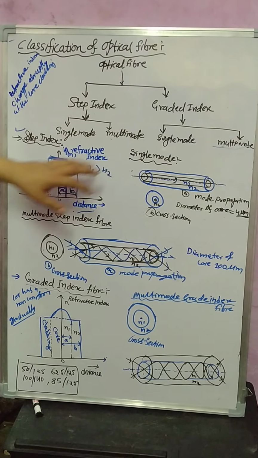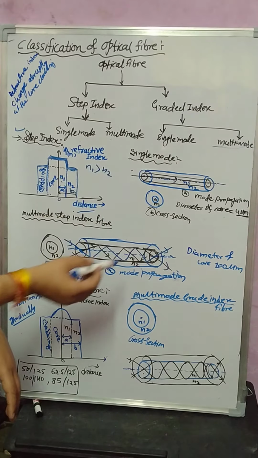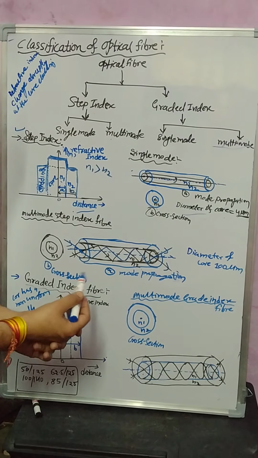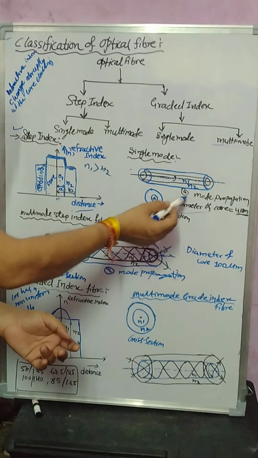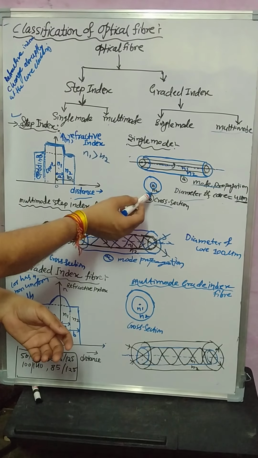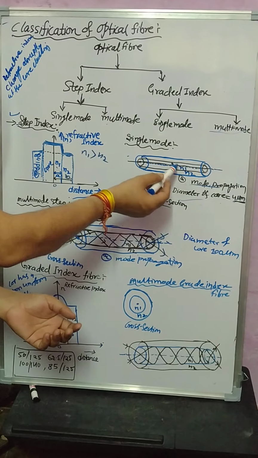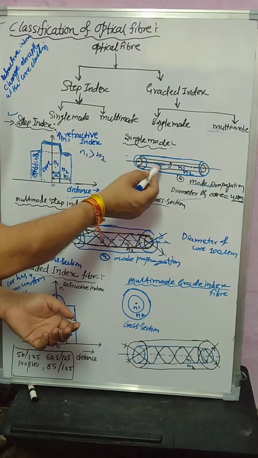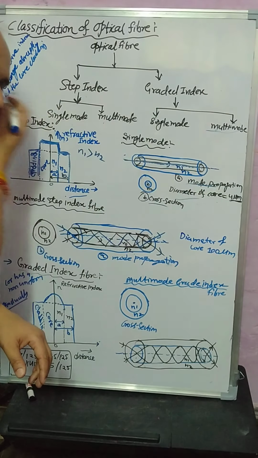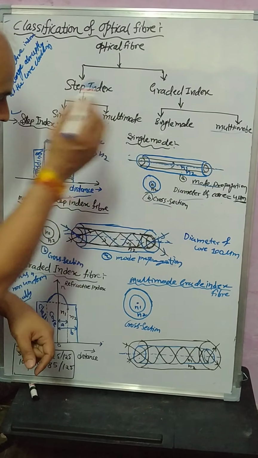Okay, the basic definition of the single mode step index fiber. The very thin diameter is mentioned here. The diameter of the core is 4 micrometer. And the two diagrams are here. First is the mode propagation and second is the cross section area. So n1 and n2 are the cross section of core and cladding. In this diagram of mode propagation, single mode is very thin because a single line is propagated in single mode, which is also known as zero mode.